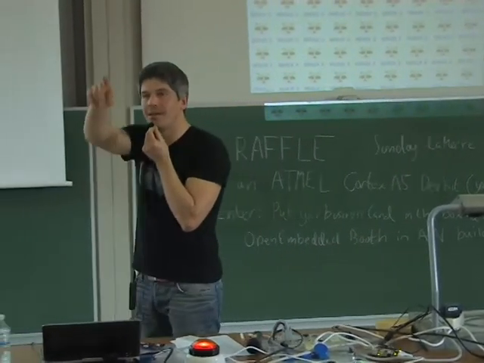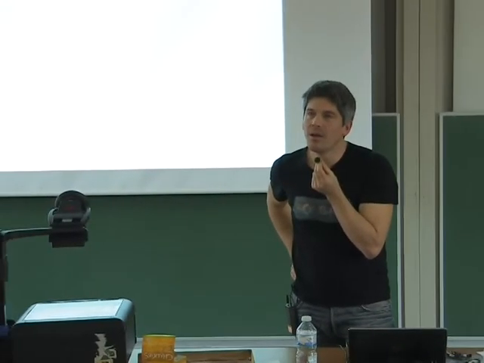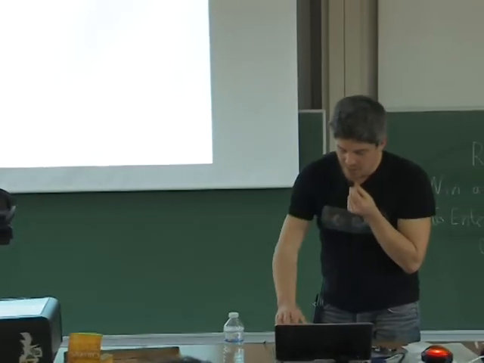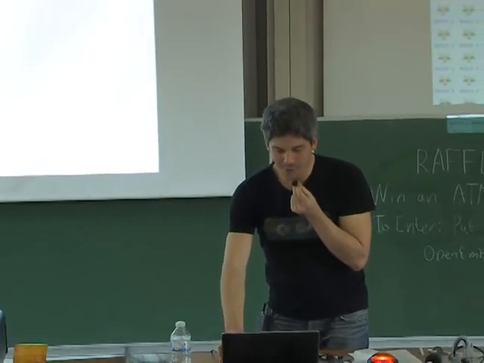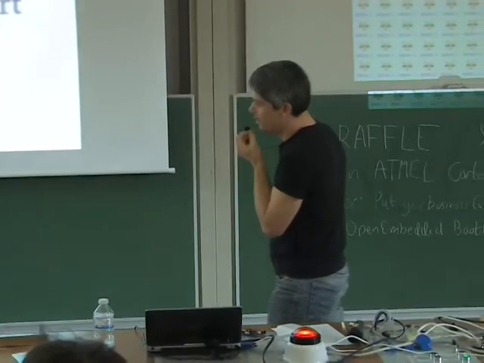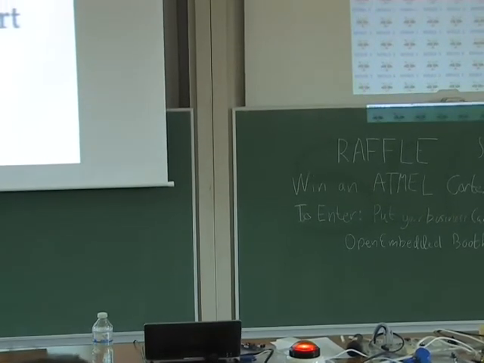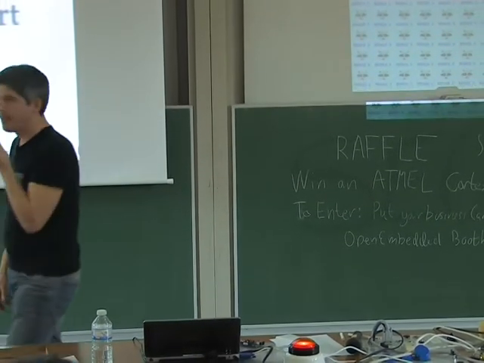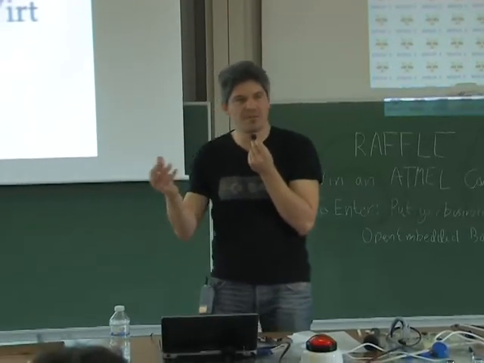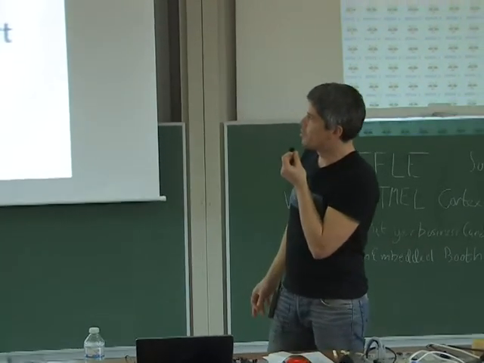Yes, in the back. In your chart of all the embedded OSs or microcontrollers and ARMs, where do you position MINIX? Yeah, I would like to put it somewhere on the map. The question is, where do you put MINIX in there? At first, when I started, I expected to be in a part of where you have ARM MPU, because I mean MINIX is a bit smaller, it's more tweakable, you have more to tweak, and it's a smaller OS. So I would expect to have an entry in that area,